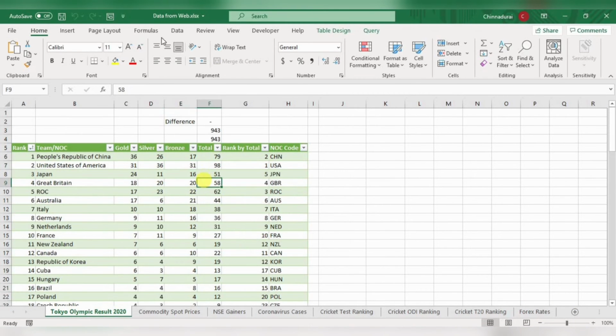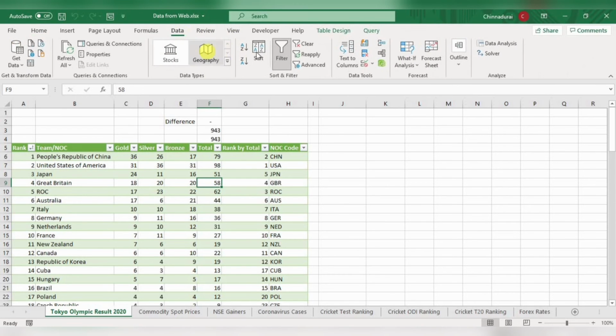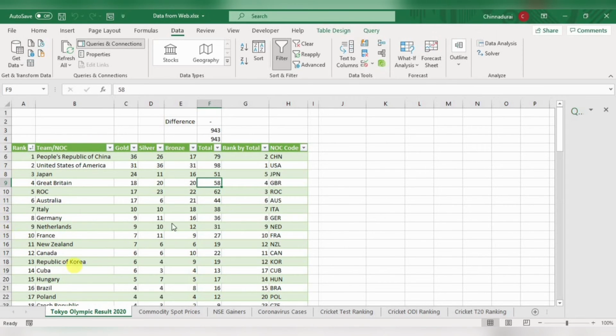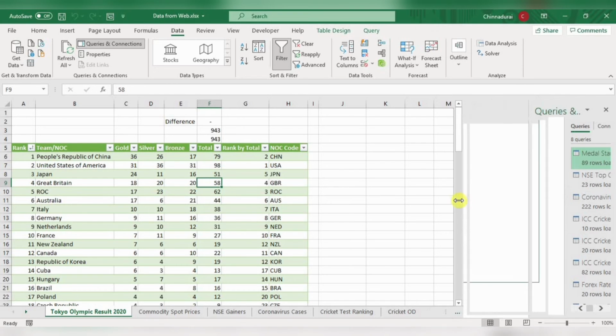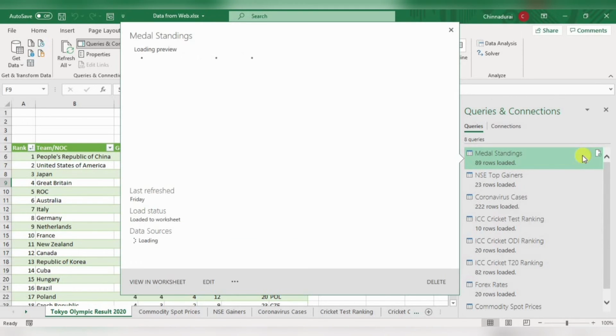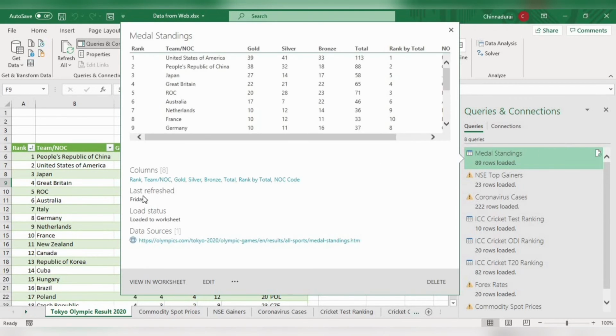Now I will show this data. You can see when it was last updated. Now just go to that query connection. Here you will see last refreshed on Friday.